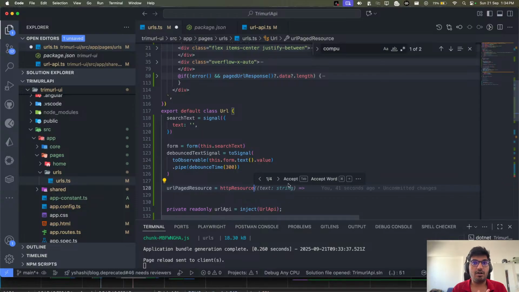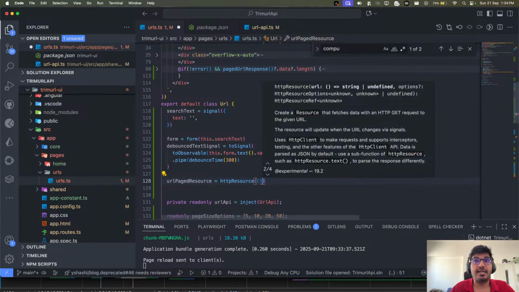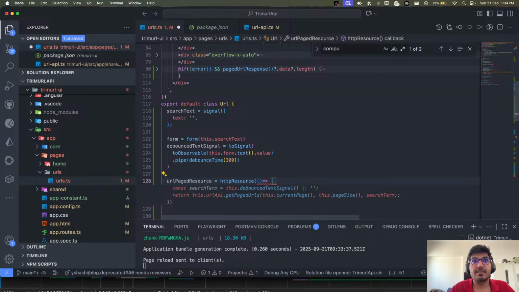You can do the get call, and that will basically return you an HTTP reference, and that is okay. If I hover on this, this returns an HTTP resource function, which is not what I wanted. Let me just do the exact things because I want to show you the type, what kind of type it basically returns. Okay, let it do what it wants to do.